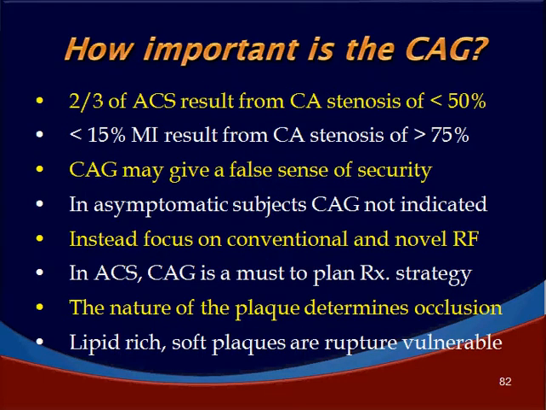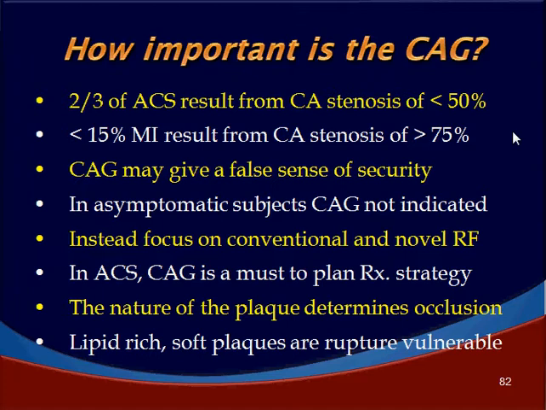How important is coronary angiography? We know that 2/3 of acute coronary syndromes result from coronary artery stenosis of less than 50%. Less than 50% of myocardial infarctions result from coronary artery stenosis of greater than 75%. So it is not the degree of stenosis that is important, it is the vulnerability of the plaque. If the plaques are stable, even if the coronaries are narrow to the tune of 75%, the patient may not have